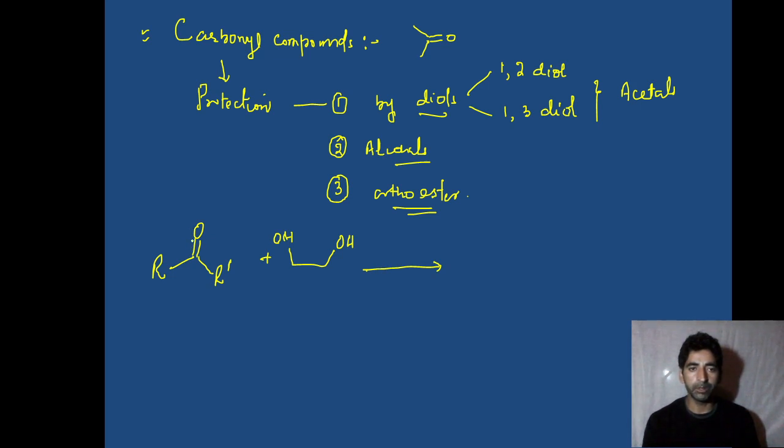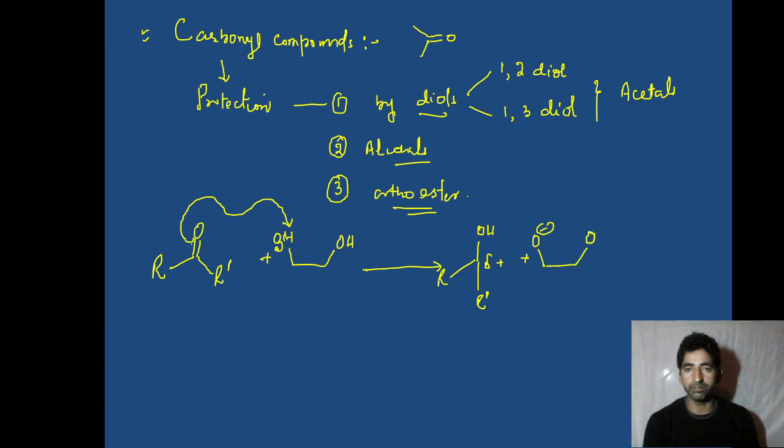Now see, this bond is a polar bond, it will break towards oxygen and this oxygen atom will abstract the proton. Once it abstracts the proton, this bond breaks towards oxygen. We get R, OH and we have R dash group over here, and we have a positive charge over here. Since it is polar in nature, this becomes delta plus. We treat it with this compound, that's O minus, that's the anion of 1,2 diol.